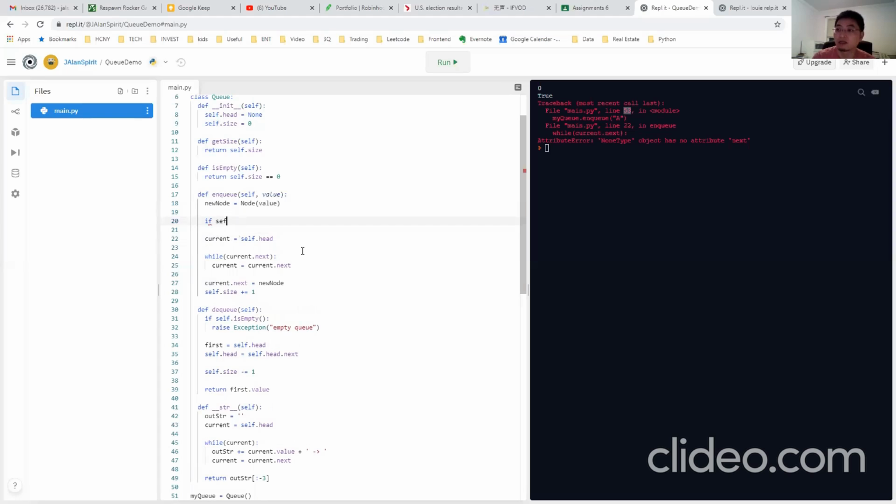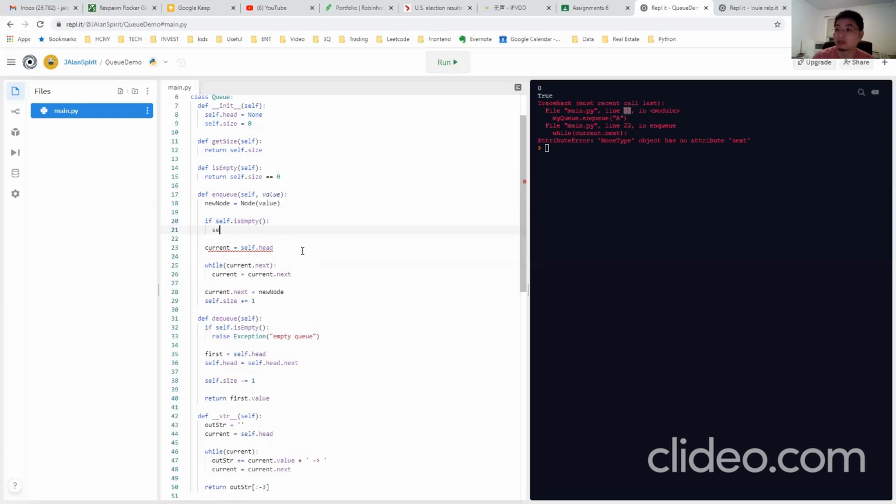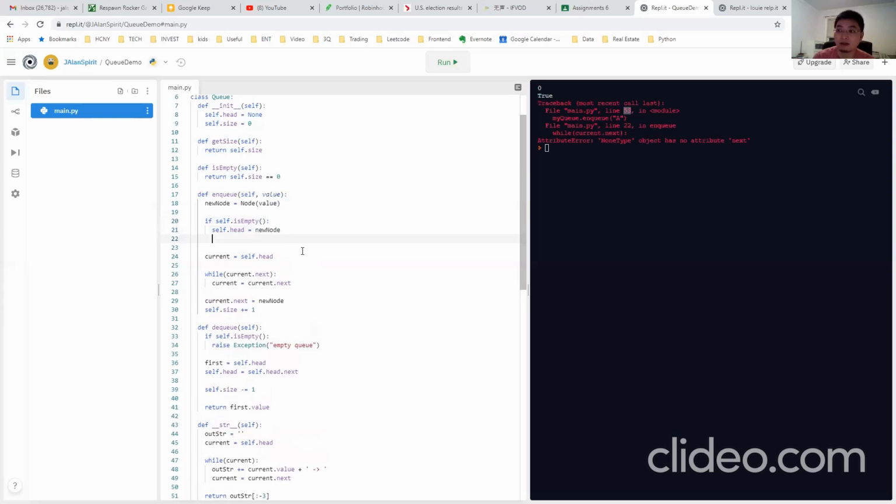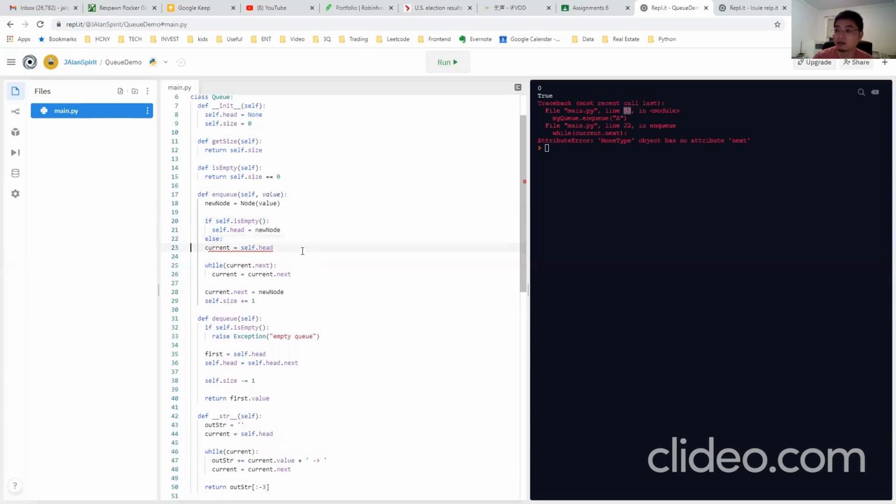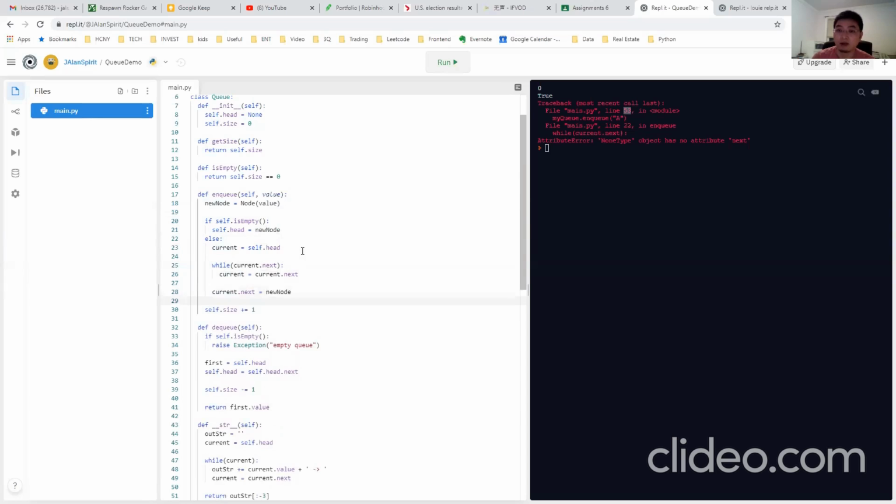If self.is_empty, then what I need to do is set self.head to the new node. If it's not empty, else, then I'm going to do the looping, find the last node, and then append the new node to the last node, right?